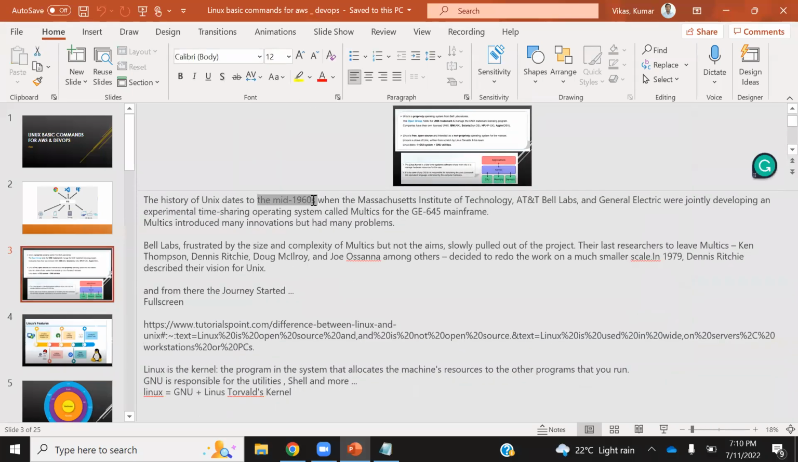So somewhere around the 1960s, MIT, AT&T Bell Labs, and GE jointly started working together on a time-sharing operating system which will treat hard disk as a hard disk and RAM as a RAM. And they named it Multics. But they were not able to succeed and they failed. After the failure, AT&T Bell Labs got frustrated and they left funding the project. Obviously, seeing the size and the complexity of Multics, they did not want to go ahead and they slowly came